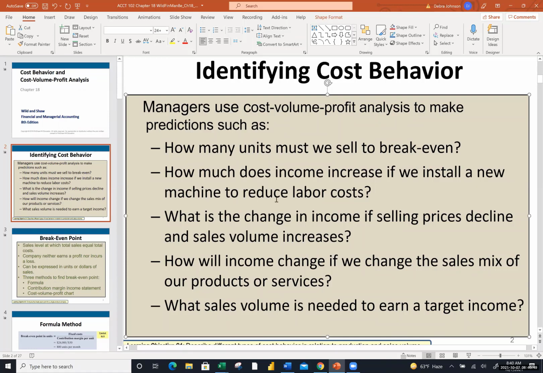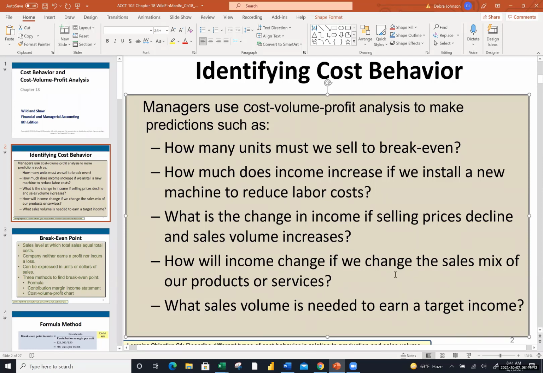So you can run down the list. We saw this slide last time. What's the break-even point? What happens if we decide to automate to reduce labor costs? What if our sales price goes up or down, or we decide to tweak it or discount it? If we're selling things like hotcakes, can we increase the selling price without having too much negative effect on our